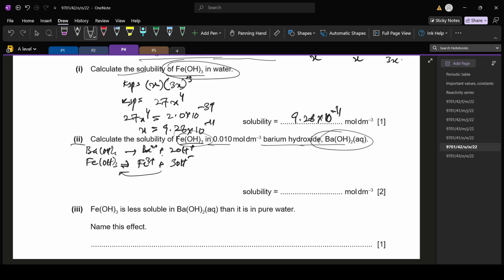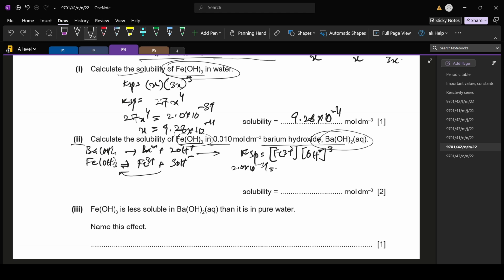The concentration of OH ions from this barium hydroxide will be 0.02. So you have to calculate the concentration of Fe3 plus ions, and the concentration of Fe3 plus ions will give you the value of KSP. So the equation will be the same. KSP is equal to the concentration of Fe3 plus and the concentration of OH minus cubed. KSP is 2.0 into 10 to power